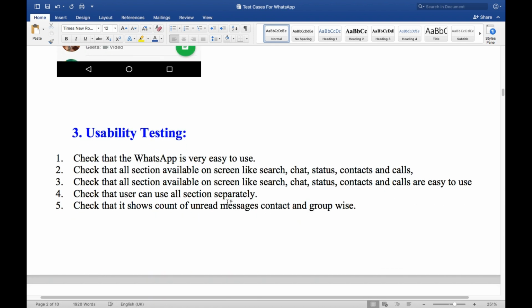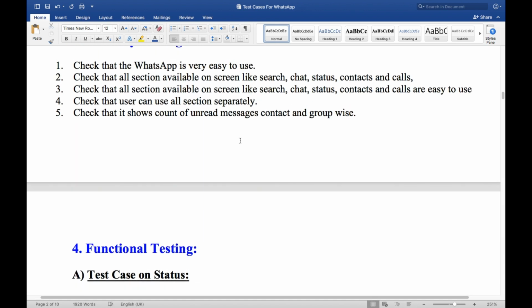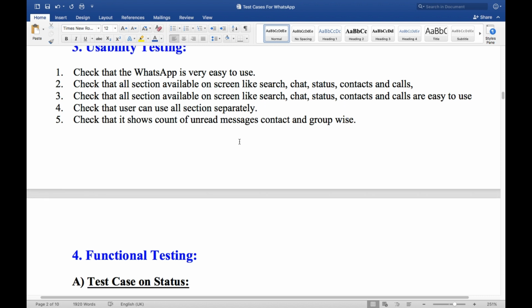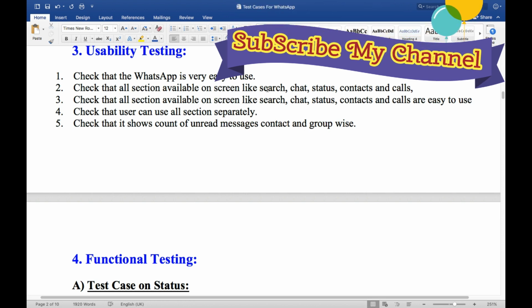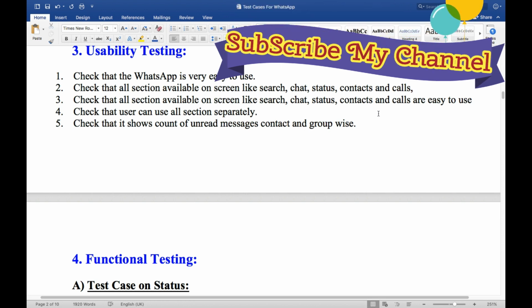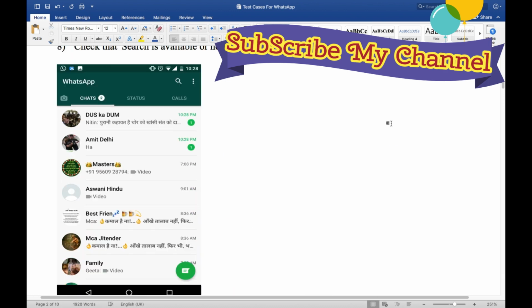Yes. Next testing is the usability testing. Friends, under usability testing, we can check 5 points. The first one is check that WhatsApp is very easy to use. It must be very user friendly. Second, check that all sections available on the screen like search, chat, status, contacts and calls. We will check all the sections. These all sections. Chat, status, calls,